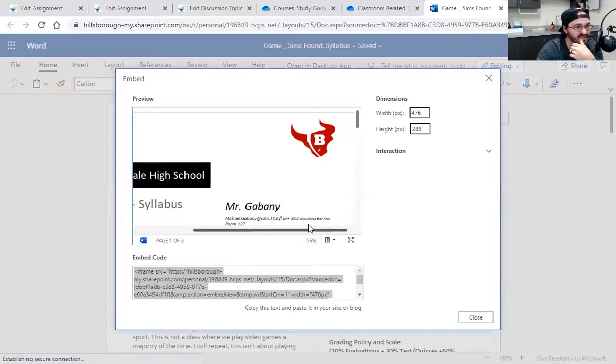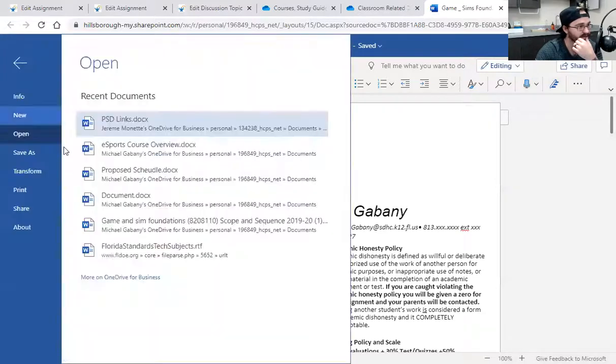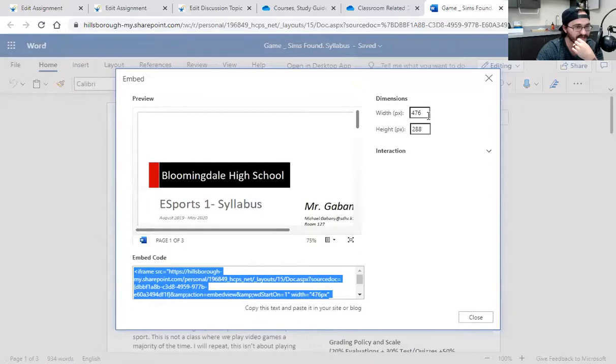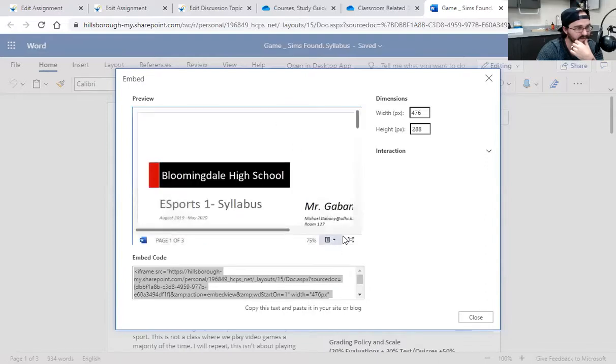I don't know what size we want it to be. Let's mess with some sizes. Oh God, I pressed the wrong button. I want 100%. Let's see, what dimensions do we use here? See, this is the kind of stuff I'm still learning.